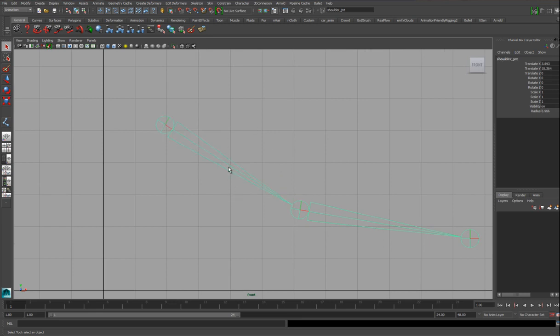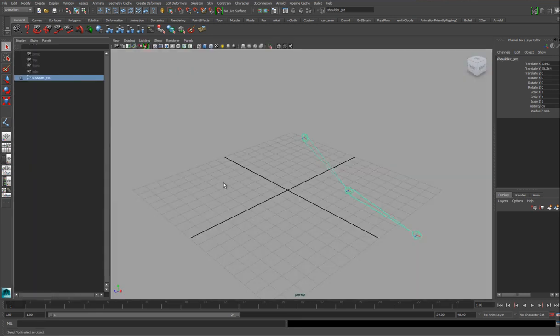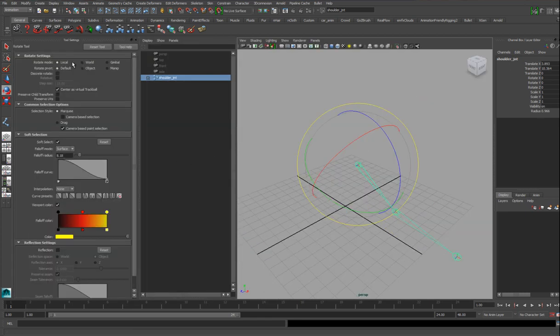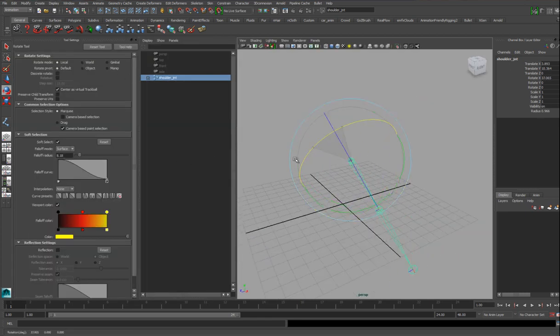Rotation order. If I come to my rotate tool, and again I'm set to local mode. Usually when you rotate in local mode, things always seem okay. I always look like I've got an x-axis, a y-axis, and a z-axis. If I'm just going to zero this back out,